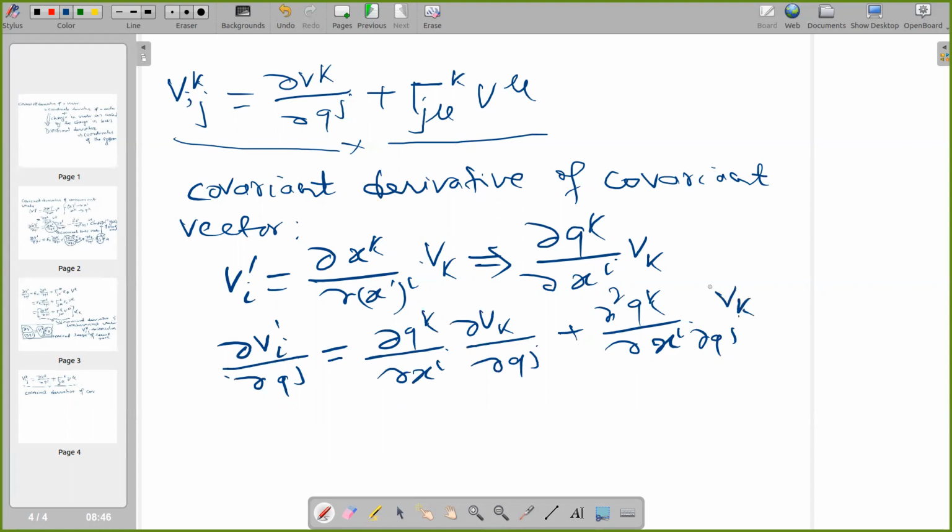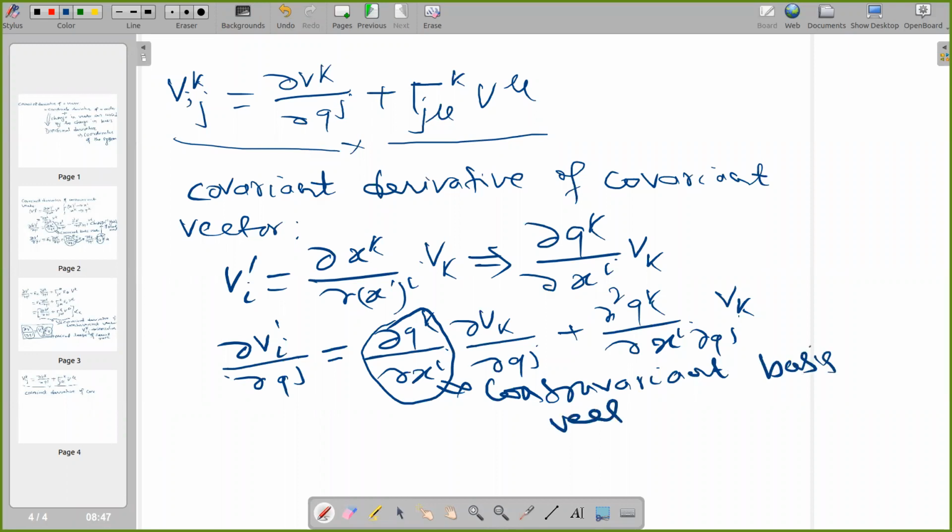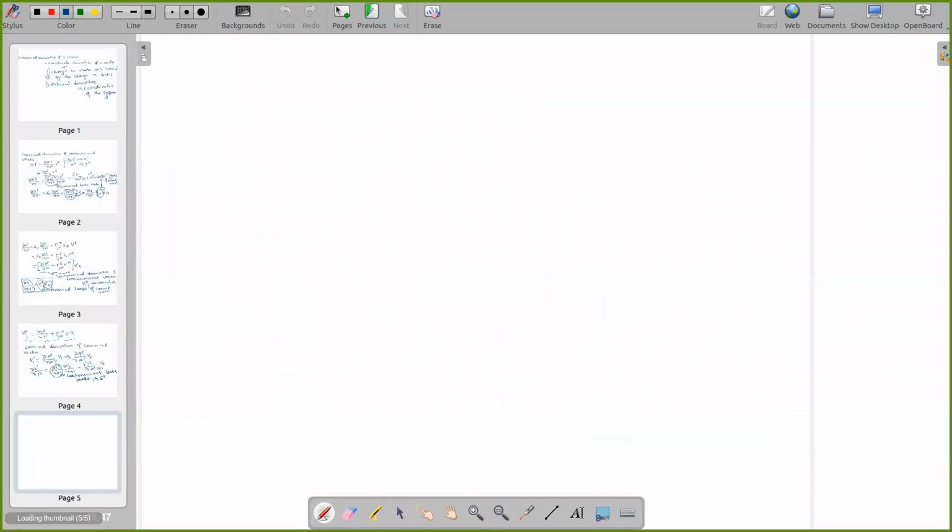Okay. So we have again a basis vector. This basis vector is here. We can see the basis vector is here. This is the contravariant basis vector. It is denoted by epsilon k. We express this relation in terms of the contravariant basis vector. We can express the whole equation in a single vector equation. So the single vector equation is